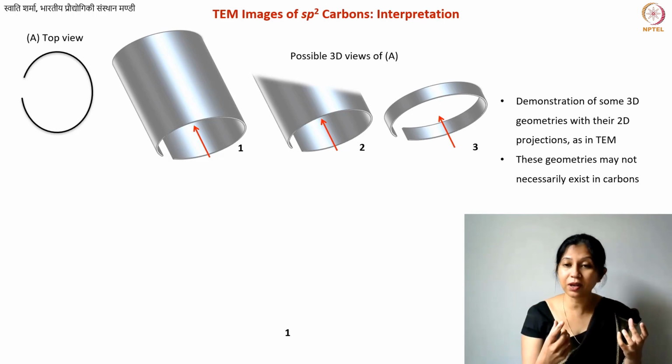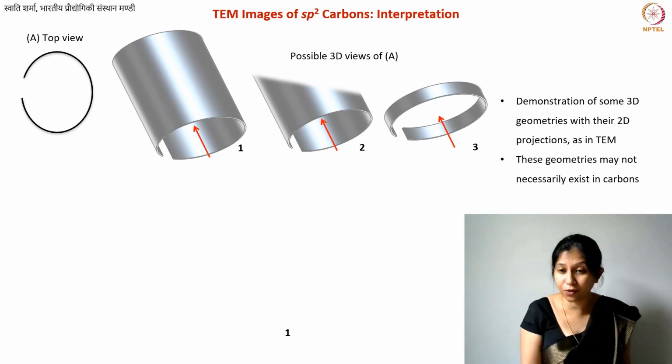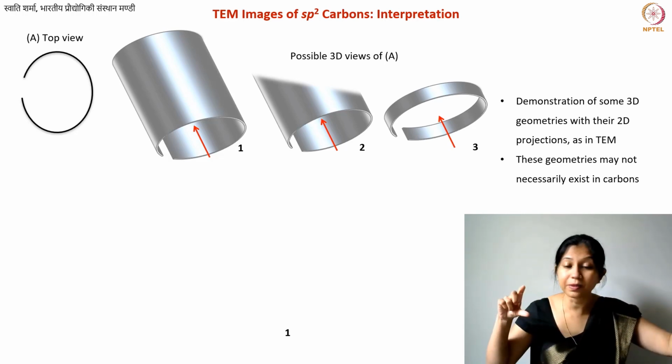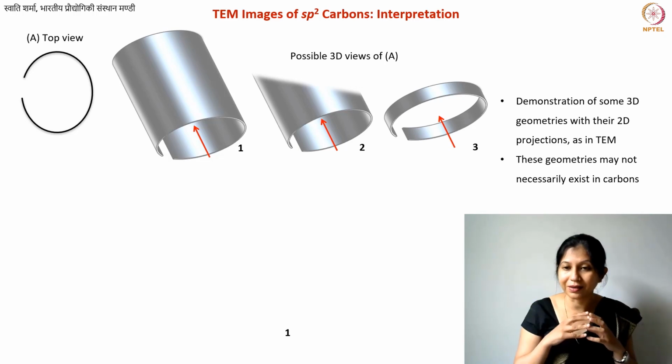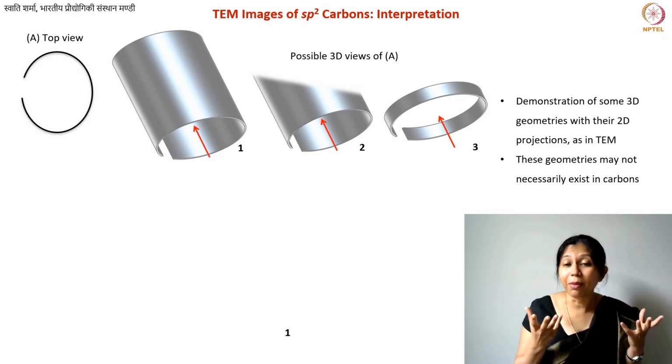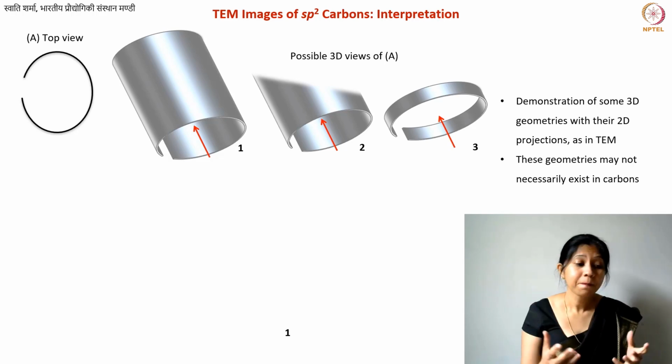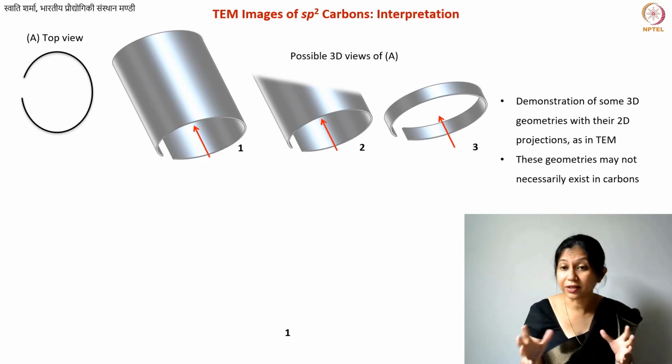But in principle, if you think about the fabrication techniques, if you think about the energy of the overall structure, these will be very high energy structures. There is actually a very low probability of finding these ribbons in any carbon materials. But the point is that you could potentially misinterpret the TEM image to think that this is a ribbon-like structure. There may also be some ribbon-like structures.